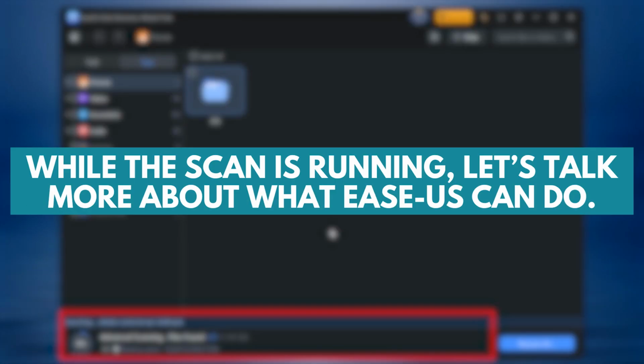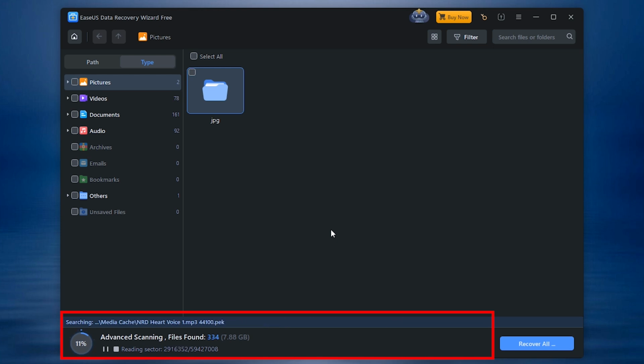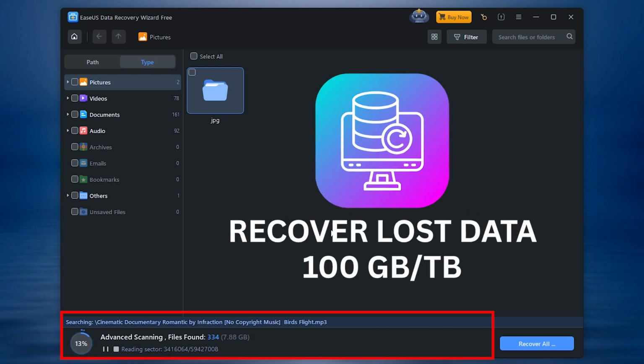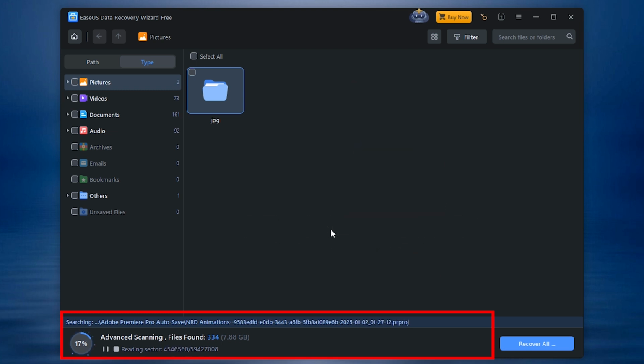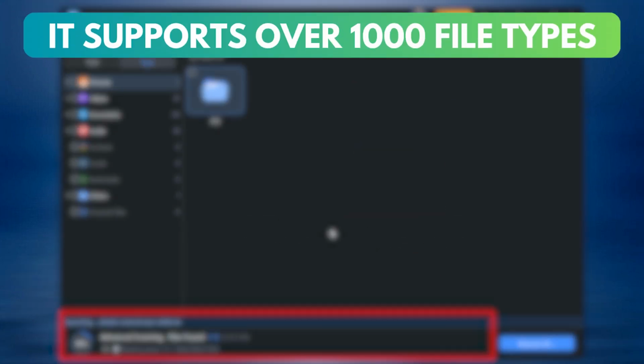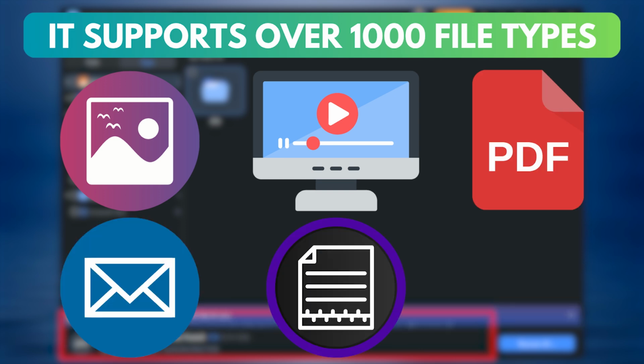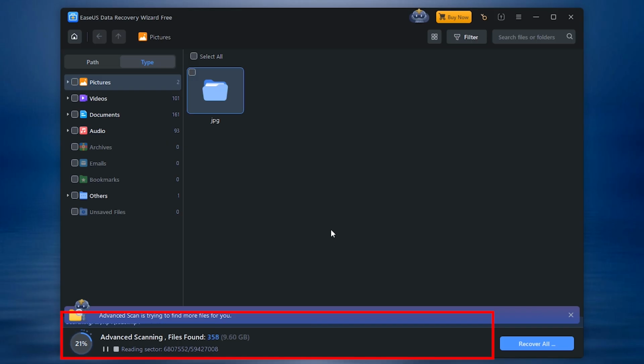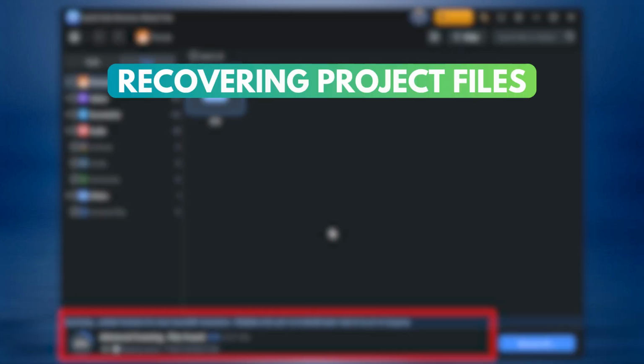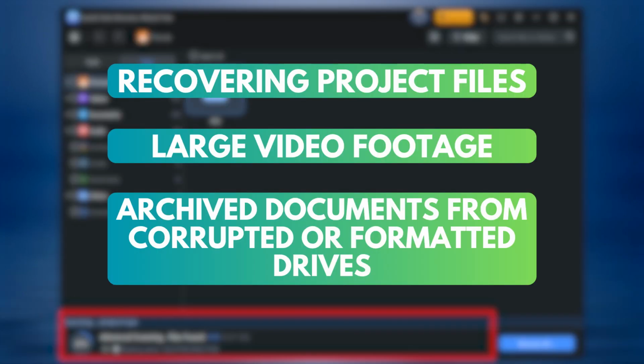While the scan is running, let's talk more about what EaseUS can do. This software is capable of recovering hundreds of gigabytes, even terabytes, of lost data, depending on the storage capacity and condition of your drive. It supports over 1,000 file types, including photos, videos, documents, emails, compressed files, and more. It's also widely used in professional environments, especially for recovering project files, large video footage, or archived documents from corrupted